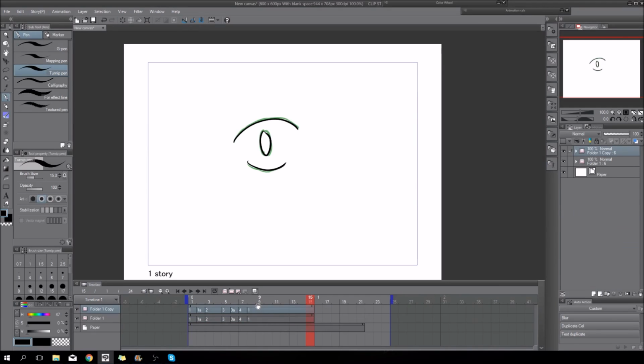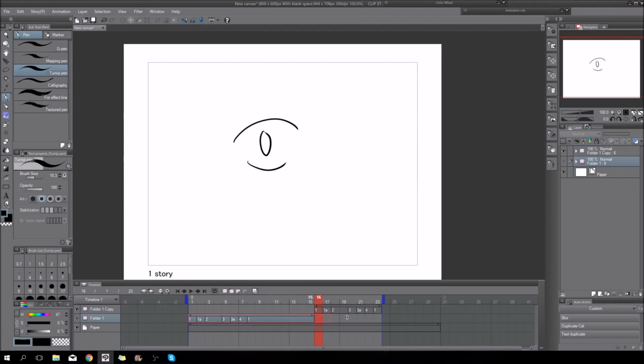If I go here where my little hand icon shows, I can drag this down here, make it a bit longer, and drag the paper also longer, and it will be like this. Now I have this little pause in the middle, and yeah, that's how I do it.